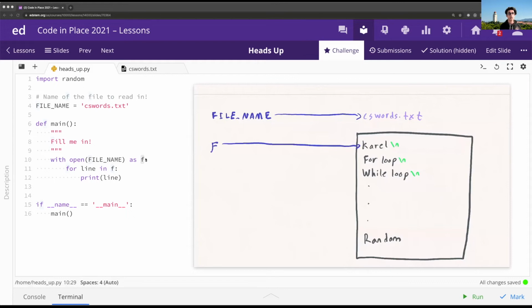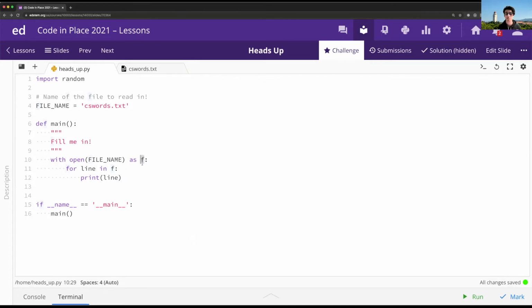beginning of the file. So a little earlier on, when I showed you this little red dot that started at the very beginning of the file and then read through each of the lines in the file, what is actually going to be happening in our Python program is that f is going to store where this little red dot is, and f is going to be the thing that moves forward. And that's what's happening in this loop over here, the for line in f loop.